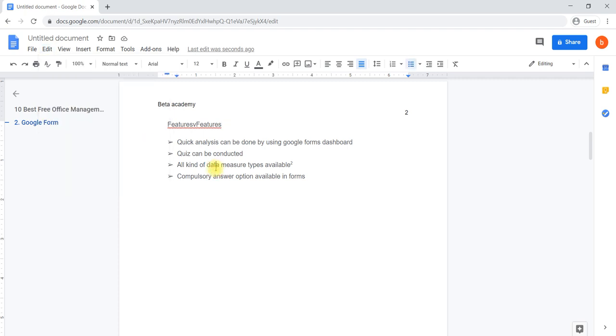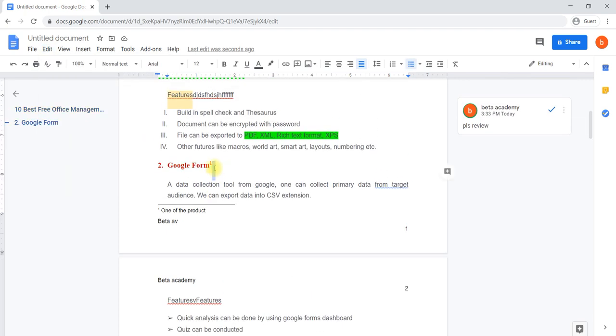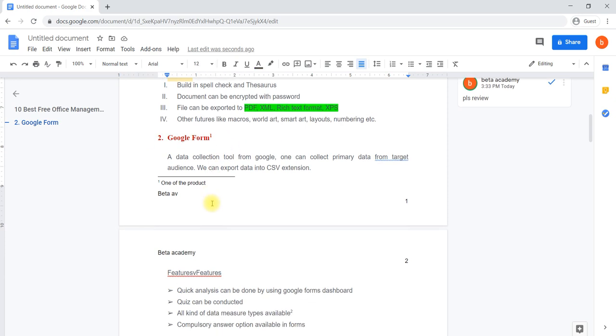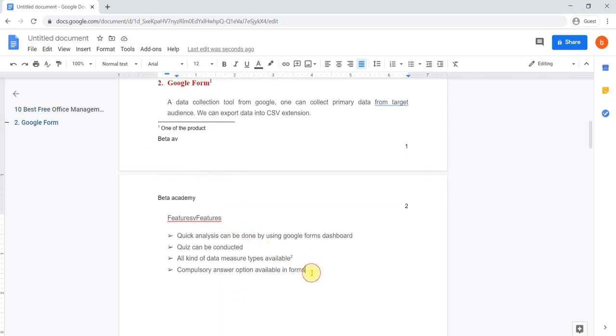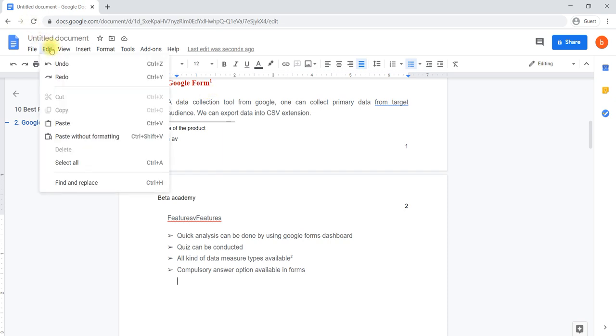One more thing: something you have copied here, if you would like to paste it but don't want that particular format, then if you use Control V, the entire format, this red color, everything will be pasted. If I would like to paste without format, for that we go to Edit, Paste without format.